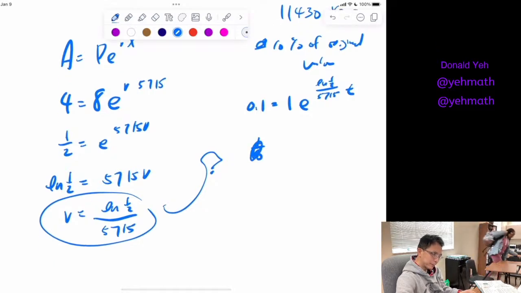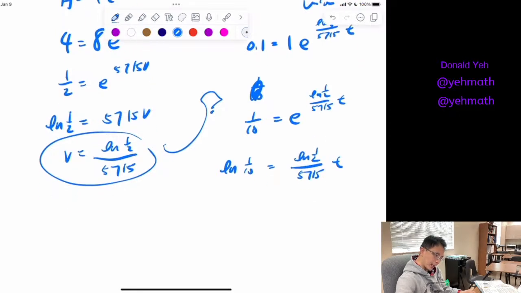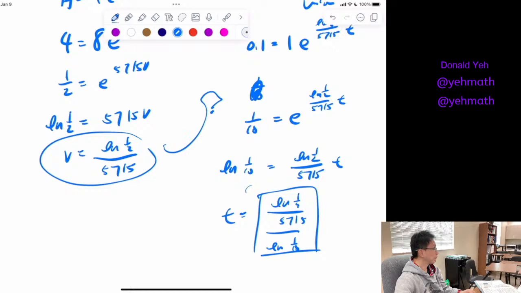This is 1 over 10. You can take the natural log of both sides. And t is equal to